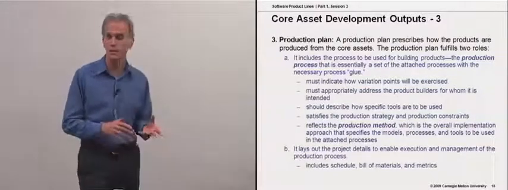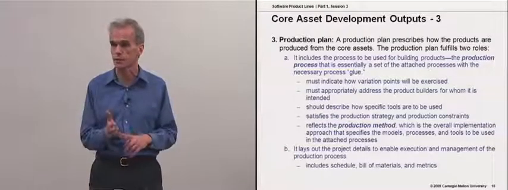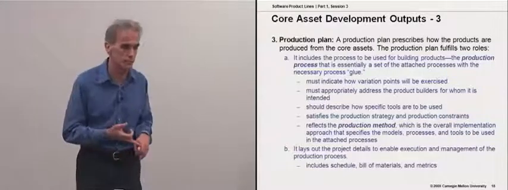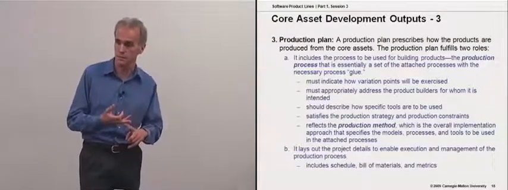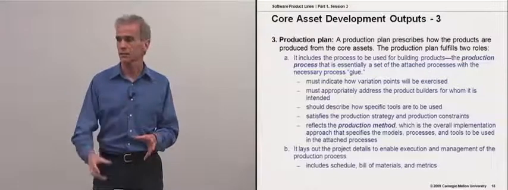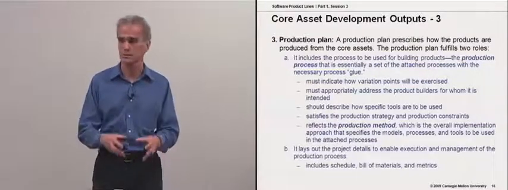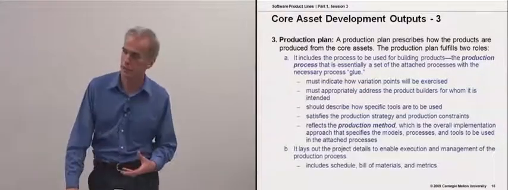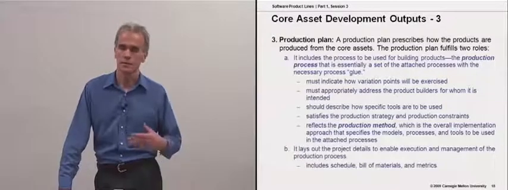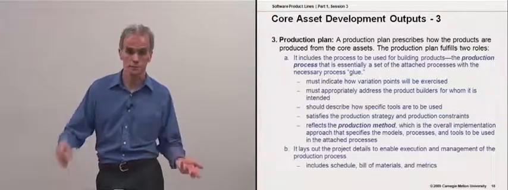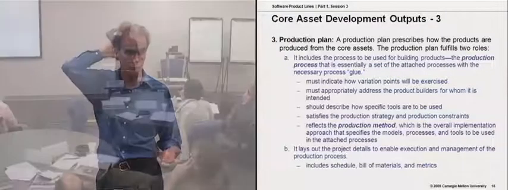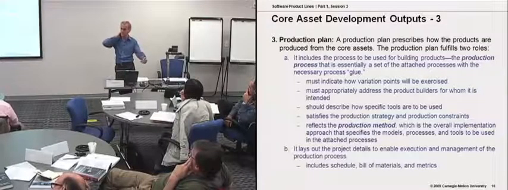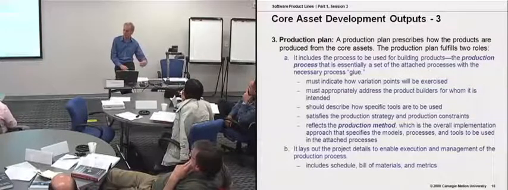So if you're planning a migration strategy towards product lines and you're doing what many organizations do, which is create a subset of the core asset base first, say the architecture, a couple of significant components, and then get a product out the door with at least that subset in it as your first level proof of concept before you scale up to full up product line operations, then use that schedule for the releases of products as a determinant of which core assets to work on and which core features we need to provide in the core asset base to satisfy the schedule of products as we migrate towards a full-up